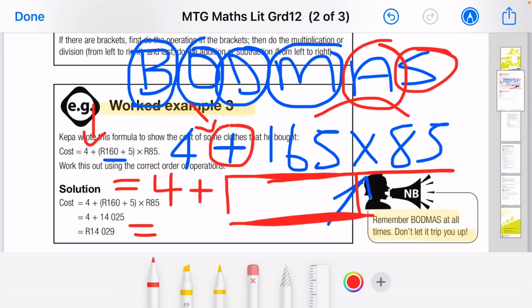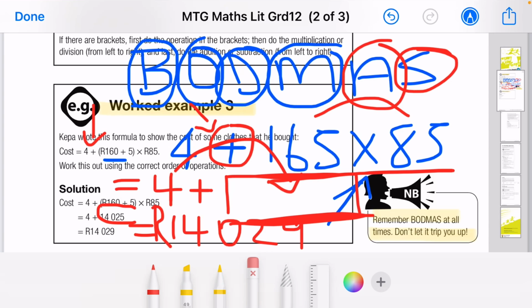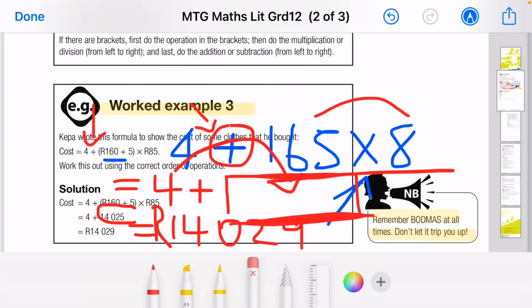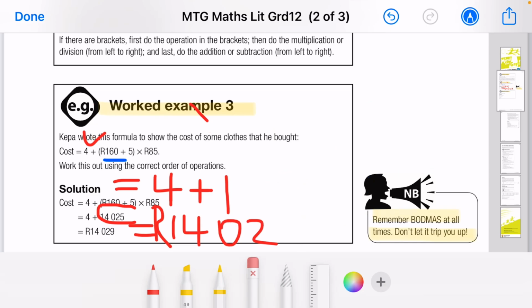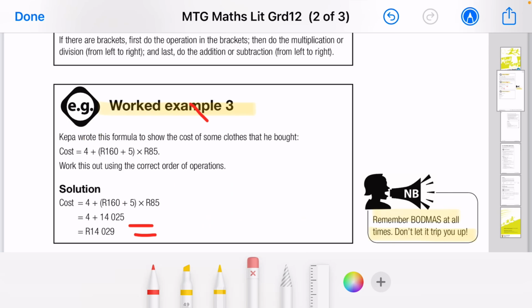So now, finally, you can say 4 plus that number, of which I assume it should be 14,025. Okay, so your final answer, ladies and gentlemen, should be 14,029. Obviously this is in rands, ladies and gentlemen, because originally the equation was given in the unit of rands. Even though I've got some concerns, of which I'm not sure if it's a mistake or what,